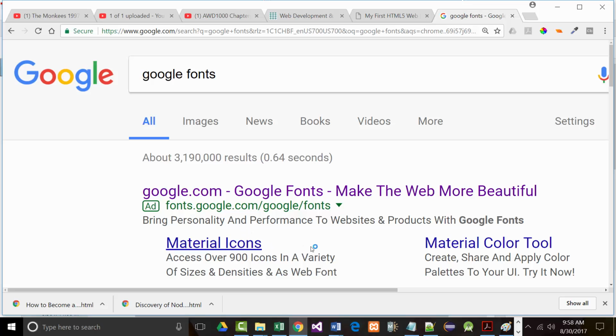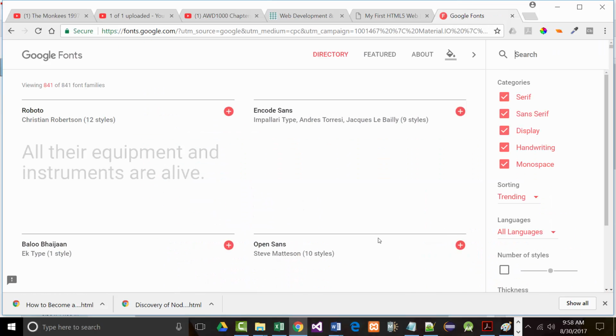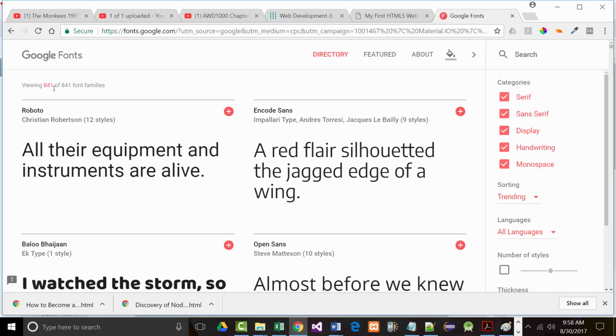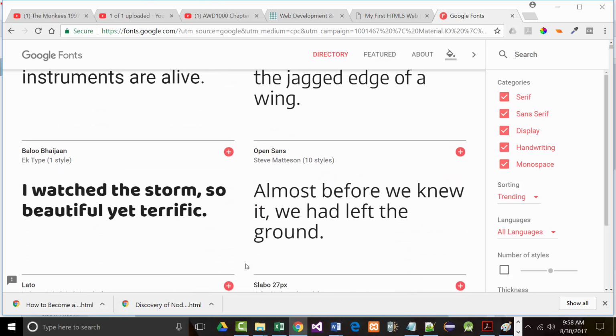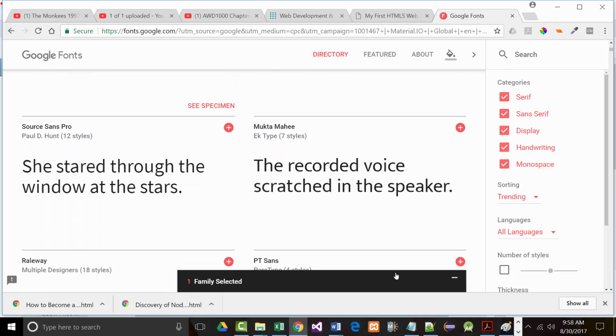Google now has Google Fonts, which you may have already looked at. Last time I looked, Google has 841 different fonts. You can put those into your website. So let's say you start looking through this and you're like, I don't see anything I like. Oh, this is cool. So you click over here on this plus sign, and it says that when you do that,